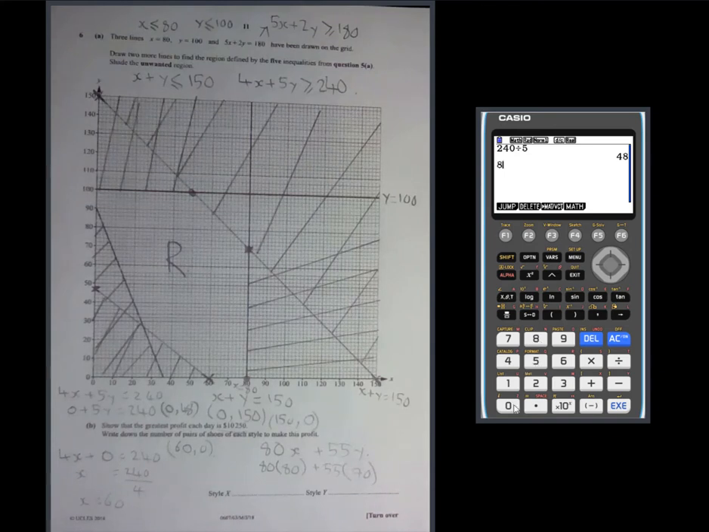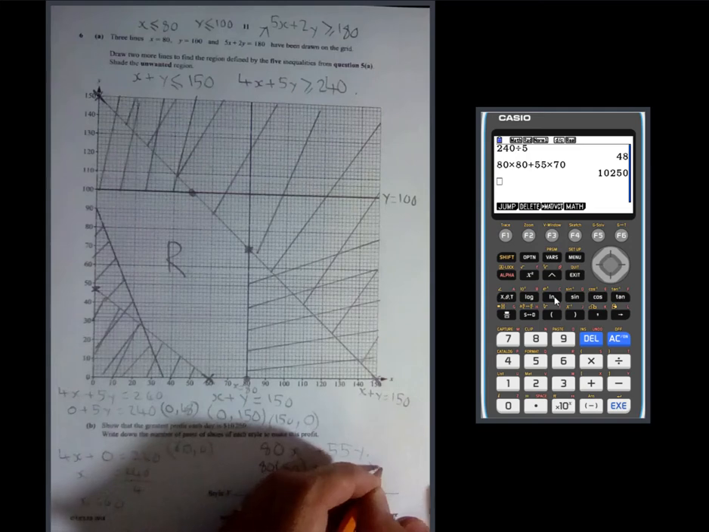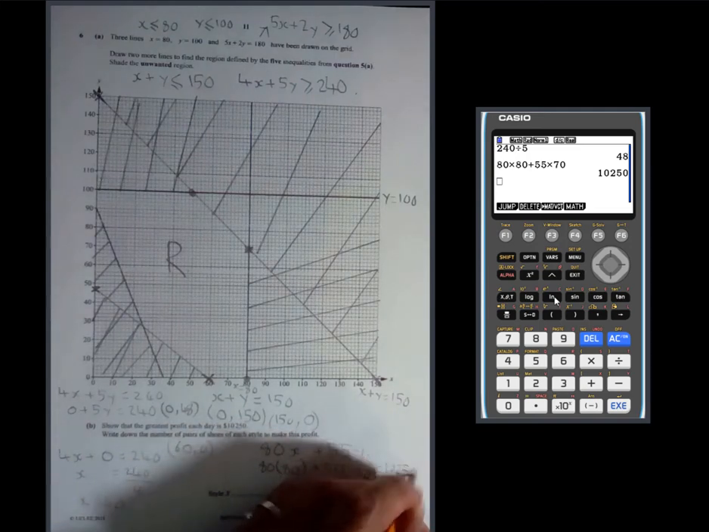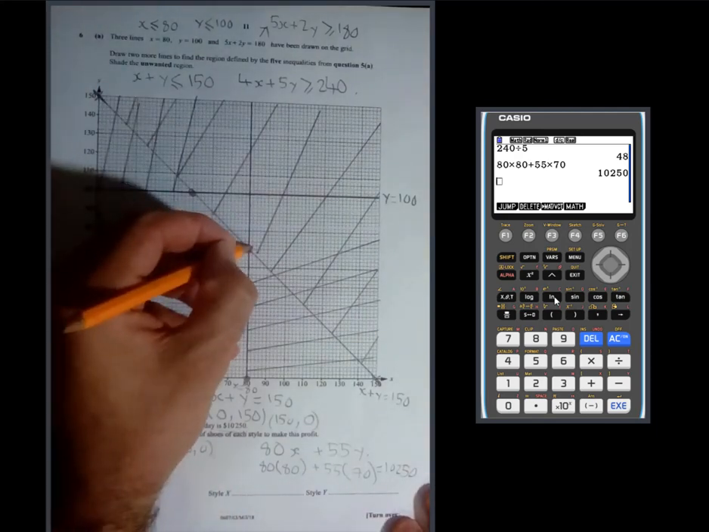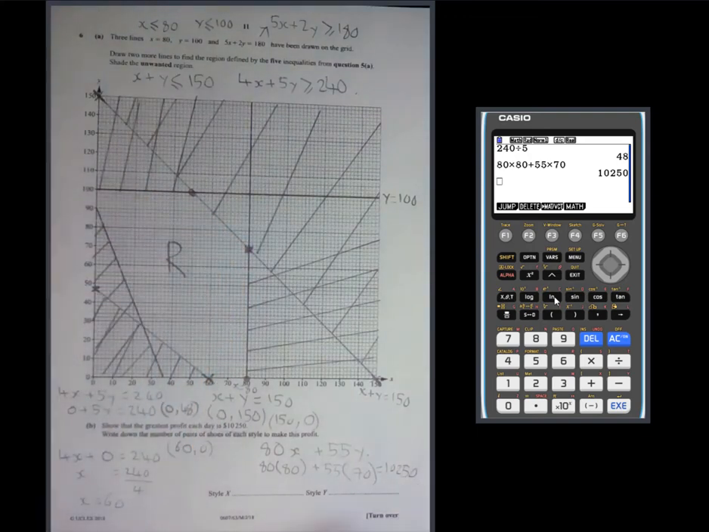80 times 80 plus 55 times 70 gives us our answer of 10250. And that is enough for the show that: we've drawn the region, we've got the point,